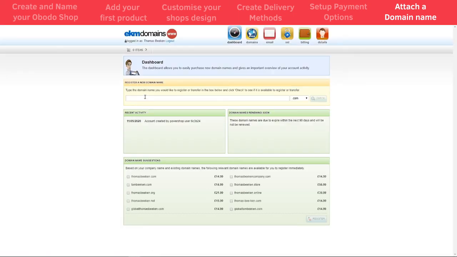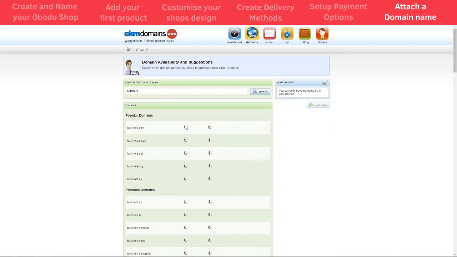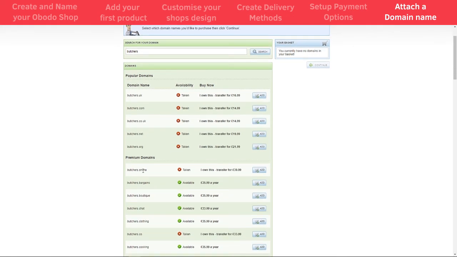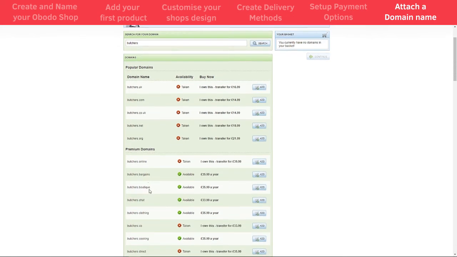And then we're simply going to search for our domain name that we want to attach to our store. So if I just search for butchers, it'll bring up all the .coms or .co.uk versions. However, it's more than likely taken, so we're just gonna have a quick look, see what it comes back with. So yeah, as you can see, even butchers.online is taken,